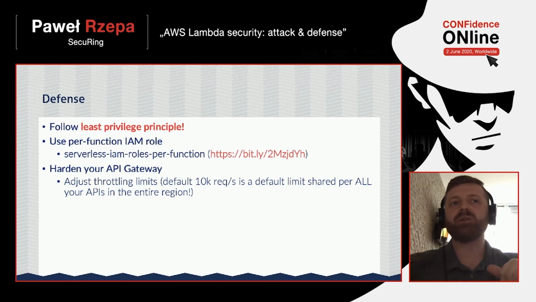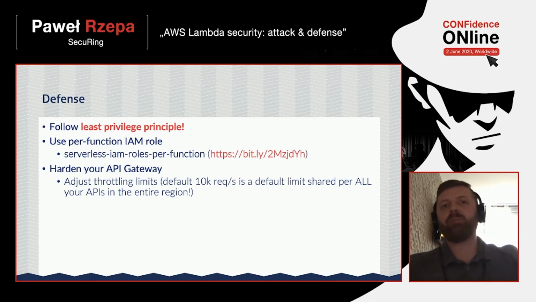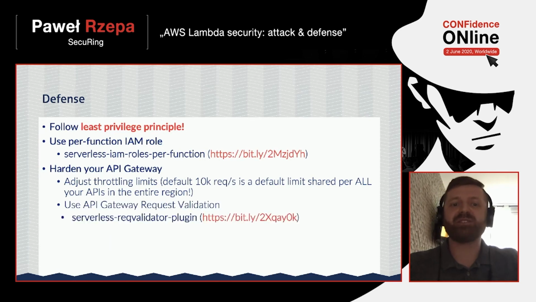So imagine that you are using one region and one account for multiple applications. Then your users will DOS your serverless applications. So of course, you can adjust those throttling limits, and you should do it before